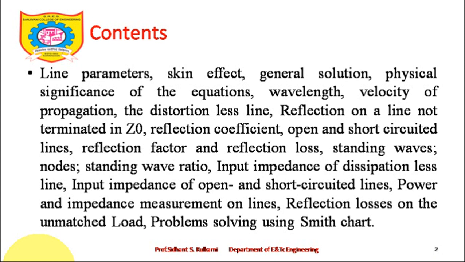Then the general solution of a transmission line and the physical significance of this equation. So our main focus will be on these line parameters, skin effect, general solution, physical significance of the transmission line, and then wavelength and velocity of propagation. From this point onward we will continue in the next session with the distortionless line. What is meant by distortionless, lossless, what is the difference, and what is Z0, the characteristic impedance, that we will look